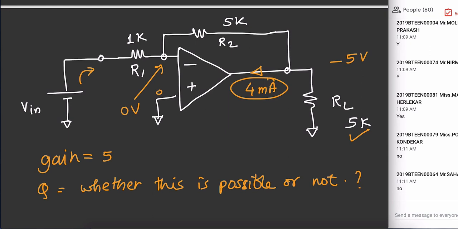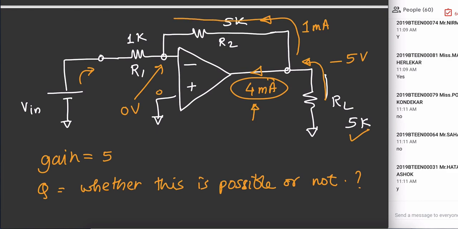Because for 4 milliampere to be here and 5 milliampere coming from here, it means 1 milliampere should flow like this. Yes or no? 1 milliampere ऐसा flow होना जरूरी है. ये 4 milliampere है तो ये 1 milliampere ऐसा flow होना चाहिए. ये ऐसा नहीं हो सकता है बिकॉज बैटरी तो यहाँ पॉजिटिव निगेटिव है. So this is wrong. ये करंट ऐसा नहीं जाता है because the battery is like this.